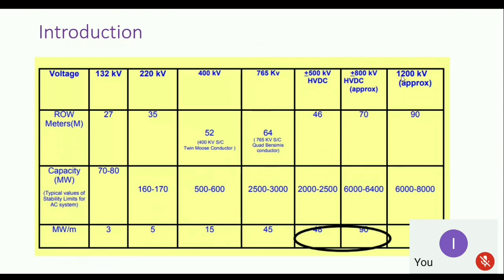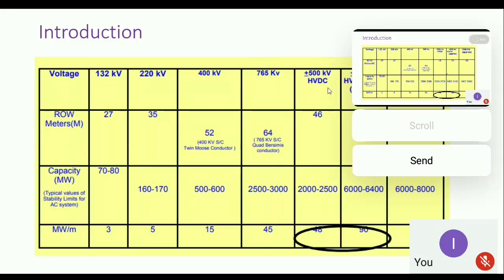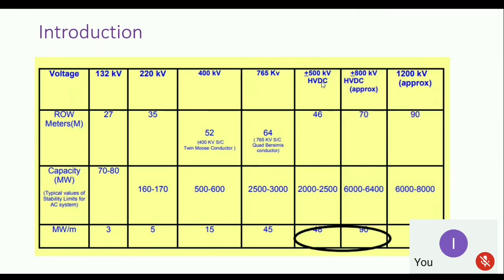And you see here also the HVDC levels are usually plus minus 500 kV, which means it's a bipolar. The moment you see this plus minus sign, you must remember that it's a bipolar circuit. Okay. And another voltage level that we are using in India is plus minus 800. So as of now, the two voltage levels which we are using in India for HVDC transmission are plus minus 500 and plus minus 800. Remember this because anybody can ask, right?